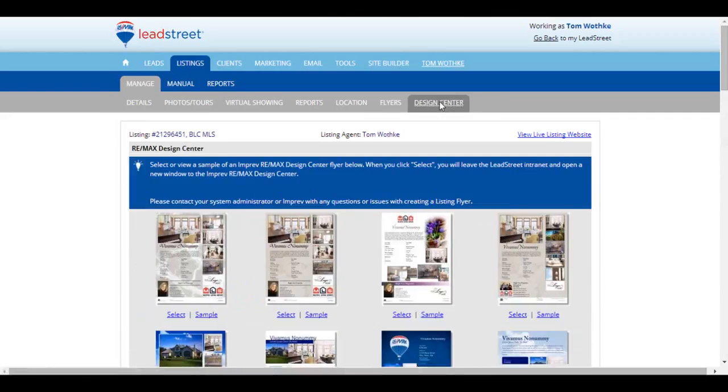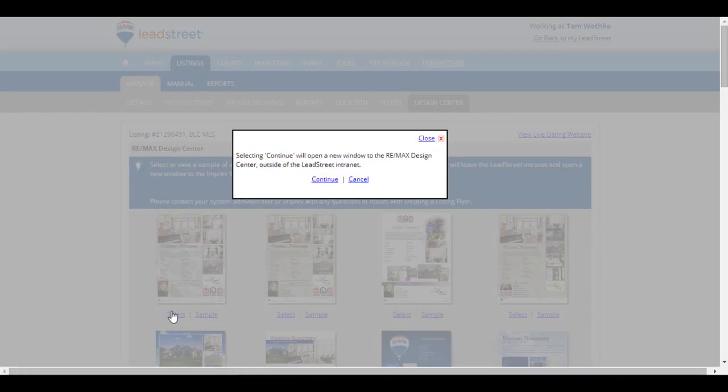Design Center. This is your gateway into Design Center. And after you learn a little bit more about Design Center, it'll make a little bit more sense. Now, if you want to make a specialty flyer or perhaps a specialty virtual tour, you will be able to do this in Design Center. However, if you come into this part of Design Center, you can actually choose the specific listing that you want to use. Come over here into Design Center and choose one of these selections, and this window will pop up